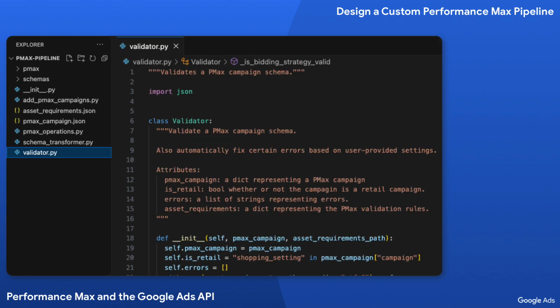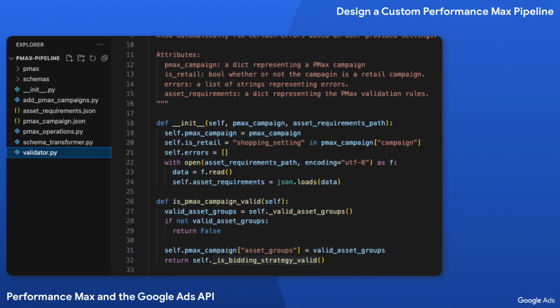Our constructor method begins by initializing a few instance variables: our PMAX campaign, the empty error list, and an isRetail variable, which is useful for tracking across the class, considering you can create assetless asset groups in the PMAX retail campaigns, as it was discussed in a couple of earlier sessions today. Finally, we load a file containing information about the asset requirements. In my example, I'm using a file called, yep, you guessed it,